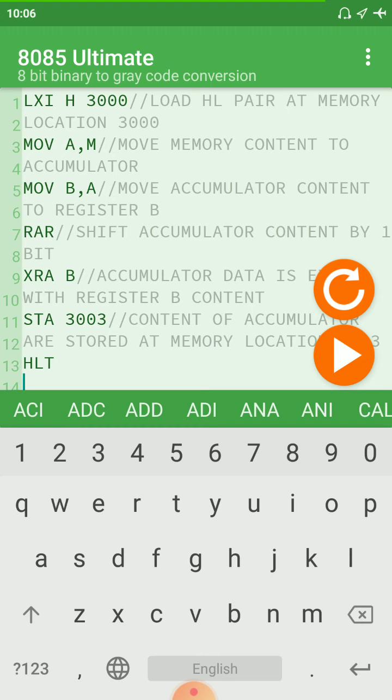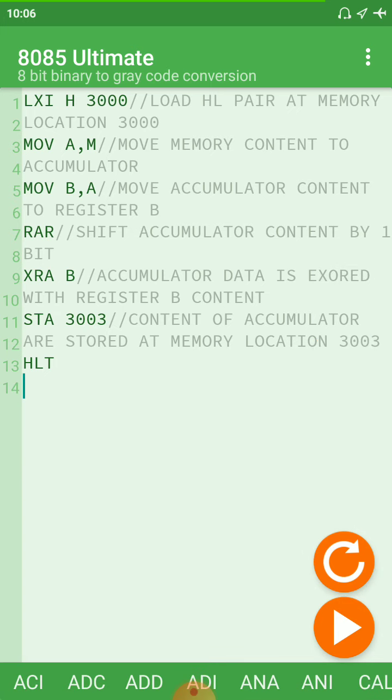So the next instruction is your logical operation XOR performed on the accumulator, that is achieved by XRA B. Your accumulator contents are XORed with the content of register B. Okay, and after that at line number 11 we have used store accumulator 3003. So the content of the accumulator is stored at memory location 3003. So this is our final result, this is our gray coding.